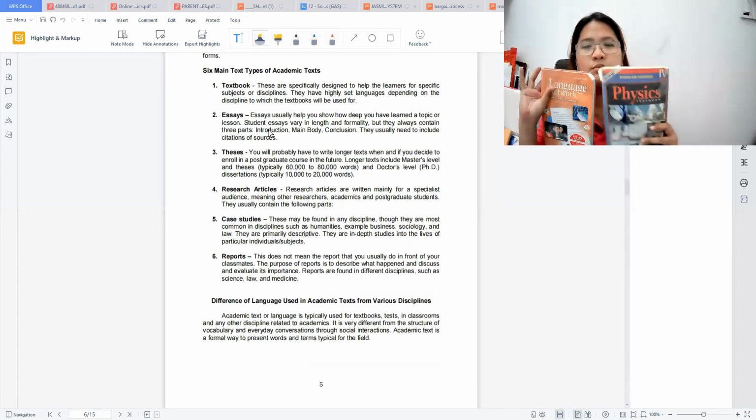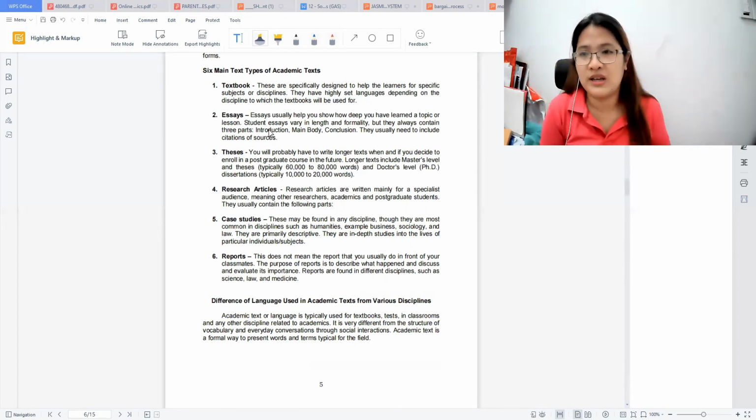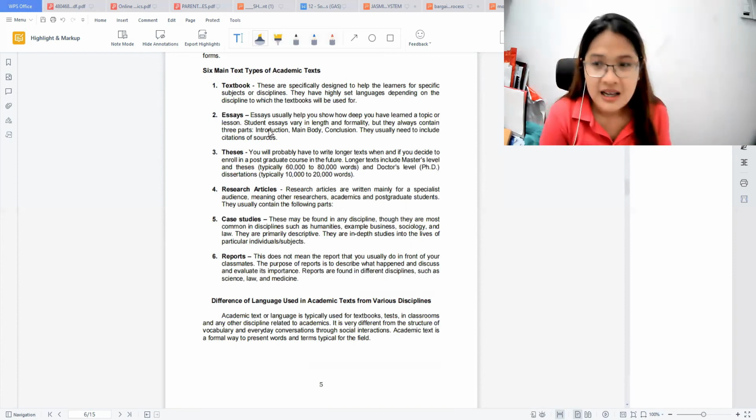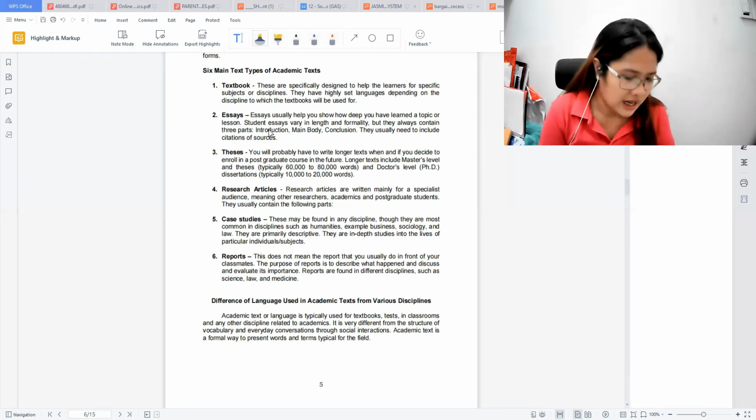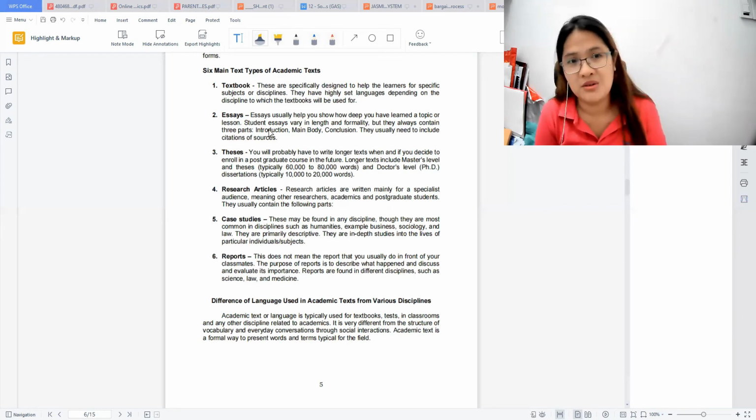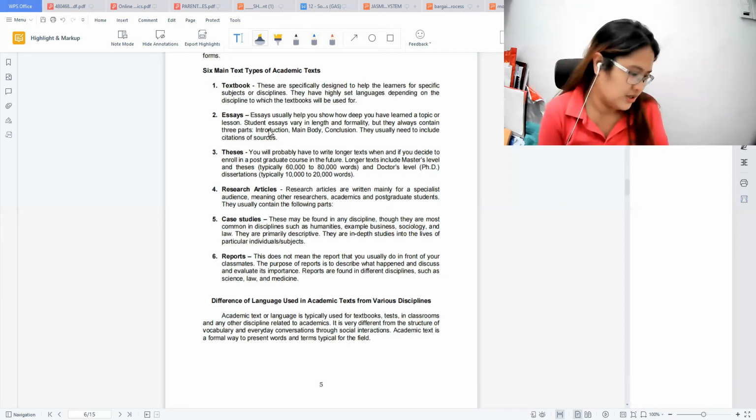Balikan. So these books were not just written out of feelings or emotions. These were studied carefully. So they are designated or designed to help learners to learn specific subjects or disciplines. Okay? Pati yung language, wala kang makikitang brag dito or dodi pet malu, because it uses a formal language. So, let's say for example, for this one, like,